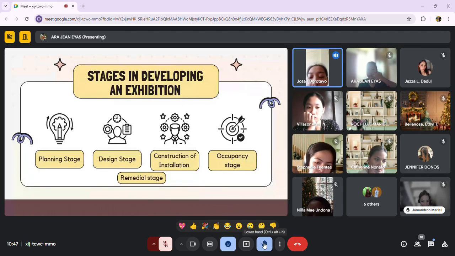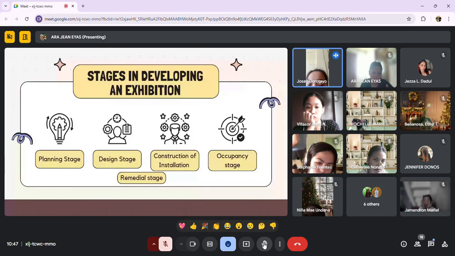So the first stage is planning stage. So the science teacher here will select the theme and identify the target audience, the venue, the materials, and other matters needed to be considered. So budget allotment for the exhibit must be considered in this stage.